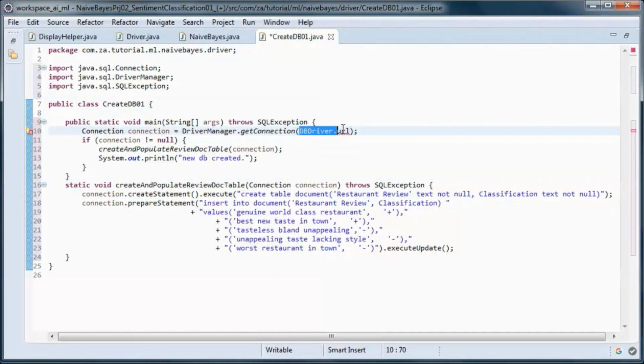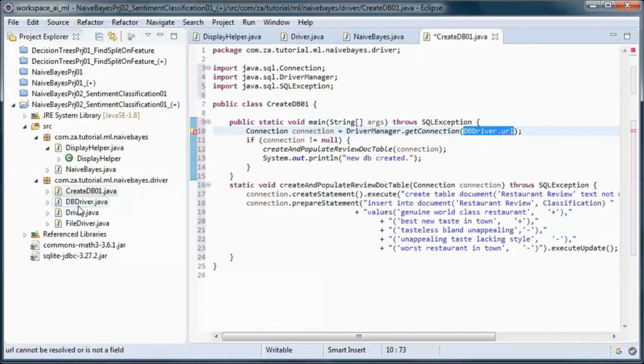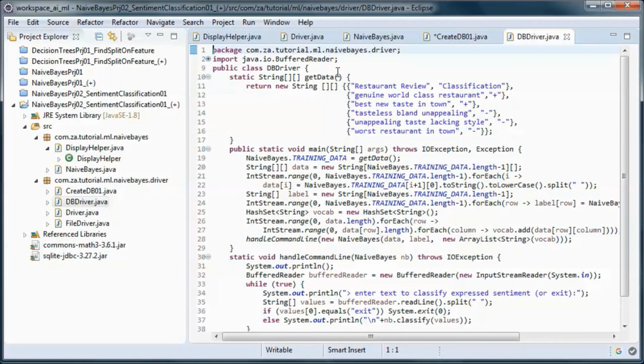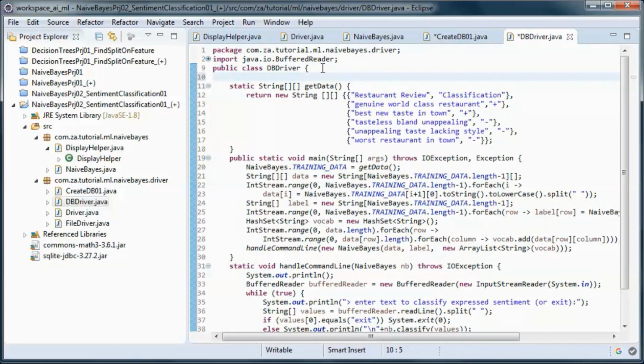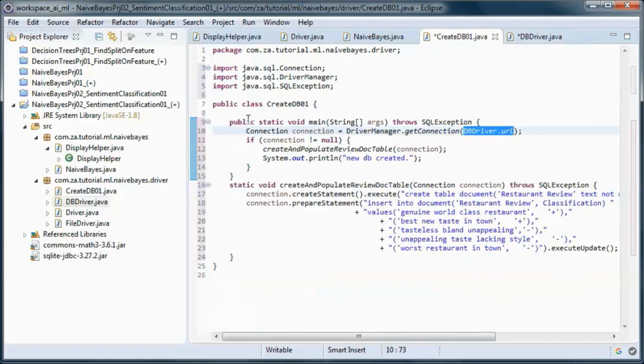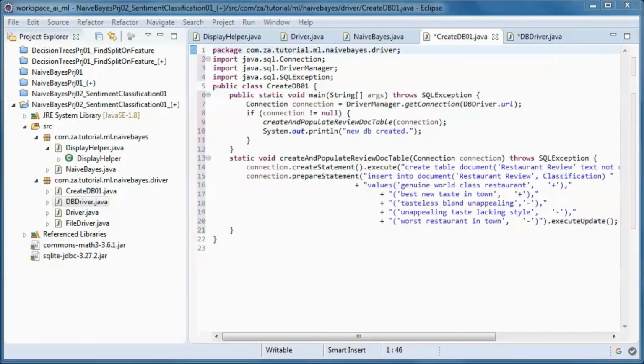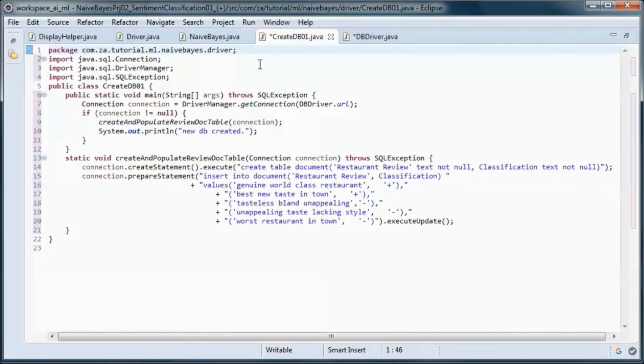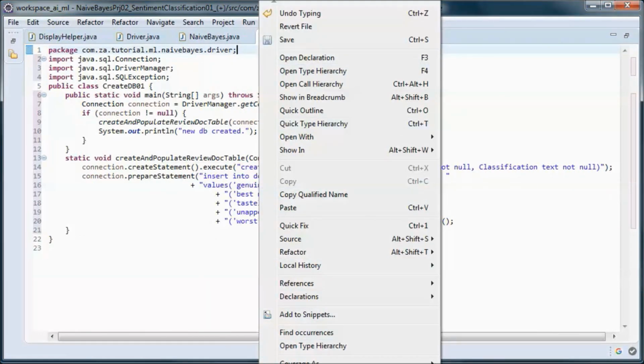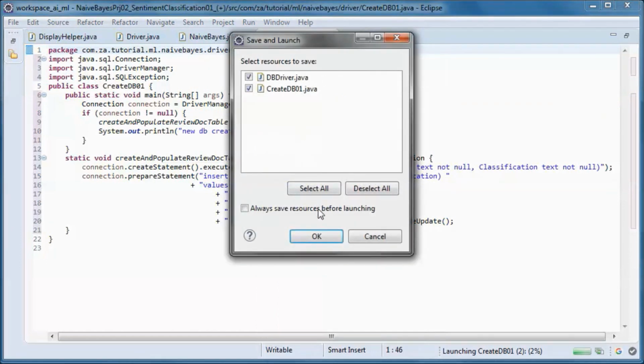Given this URL, so this will be the database name. So let's go ahead and run this.